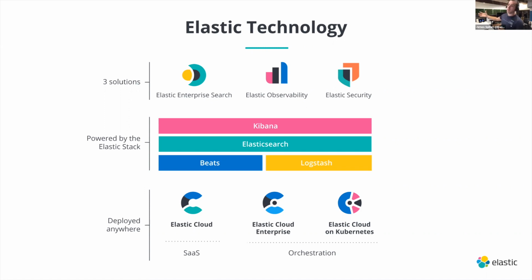So that's the stack itself, but how do you run it? There are multiple different ways. The easiest, most straightforward way is to go to Elastic Cloud, which is our SaaS service. Click a button, you have a cluster, drag a slider across the screen, and you can grow it on demand with pretty much zero downtime. We do understand that SaaS isn't for everyone, and there are certain network limitations which just don't allow you to have it. So what we've also done is you can get that same SaaS experience, literally the same software run on our cloud, and run it on your own hardware, in your own private clouds, wherever you like. That is also an option, something called Elastic Cloud Enterprise. And we also have, for the Kubernetes folks, our own operator.